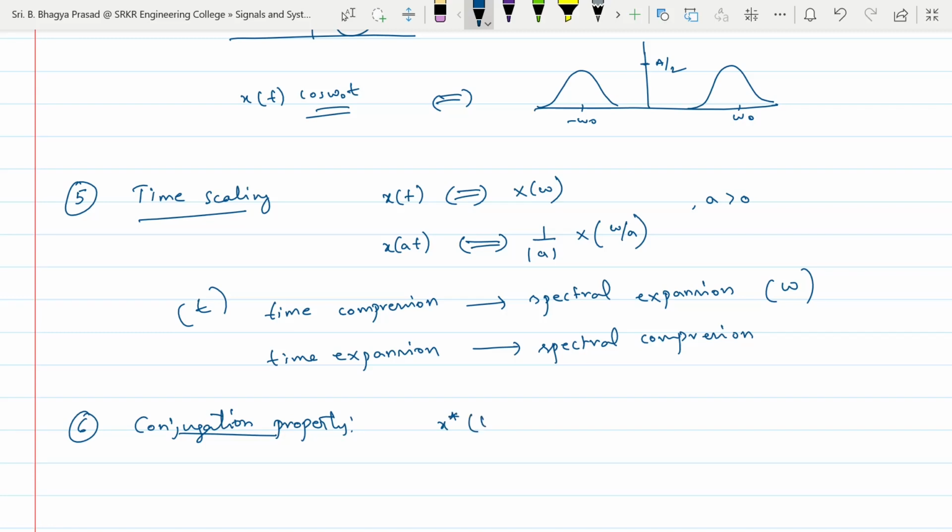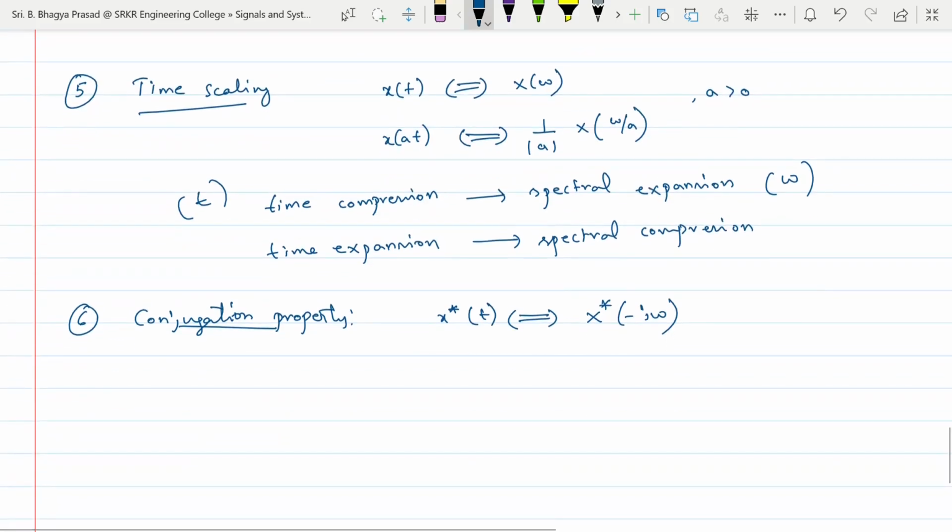For x conjugate of t, the Fourier transform will be x conjugate of minus omega, not minus j omega. Let me represent it with just omega. Next, the seventh property,